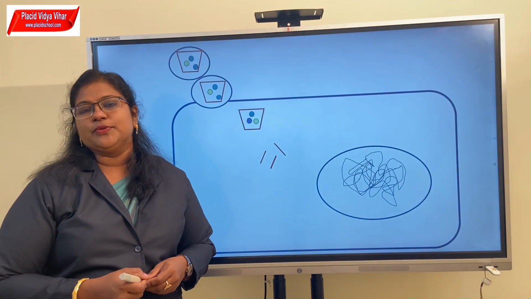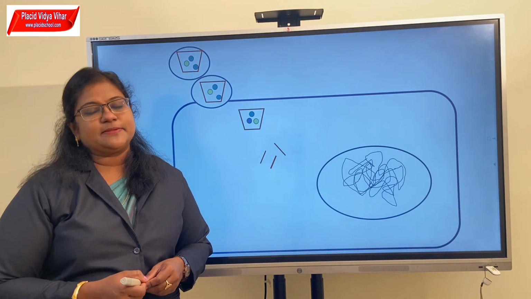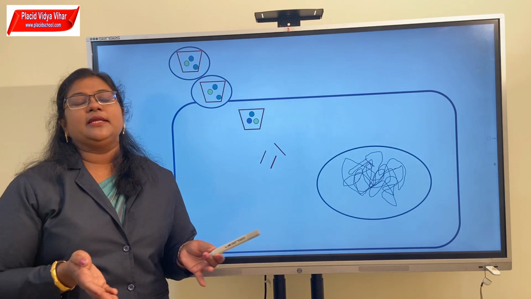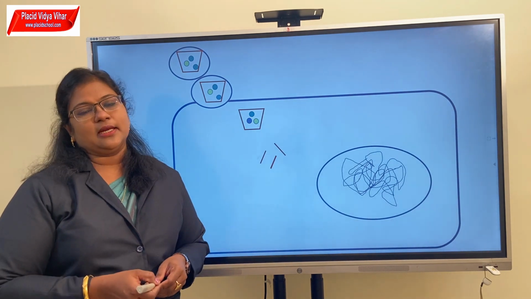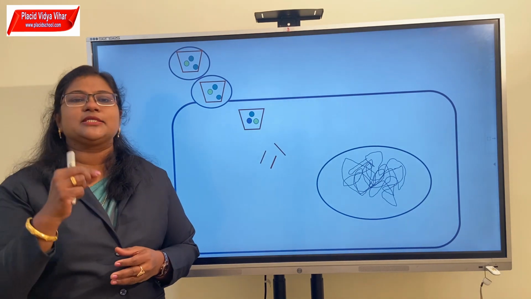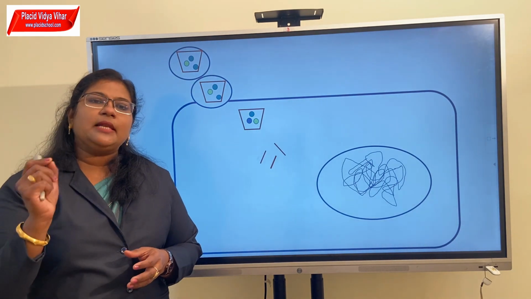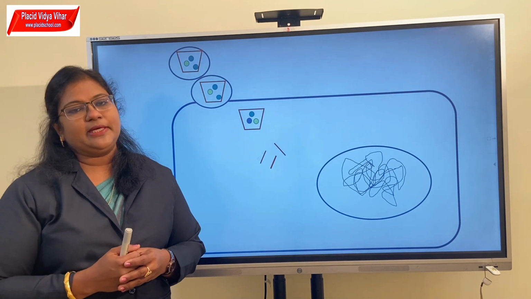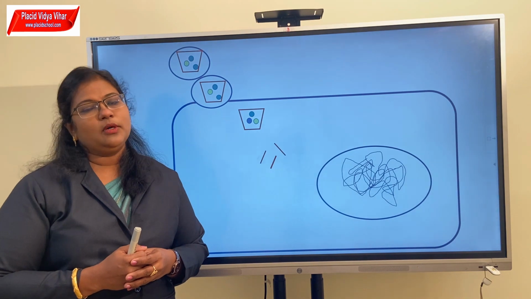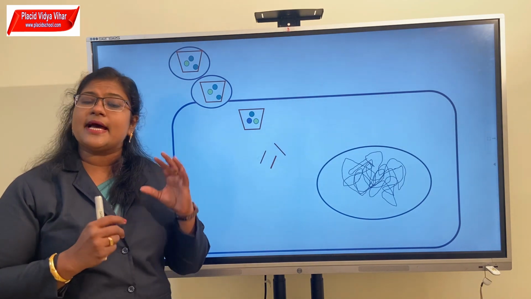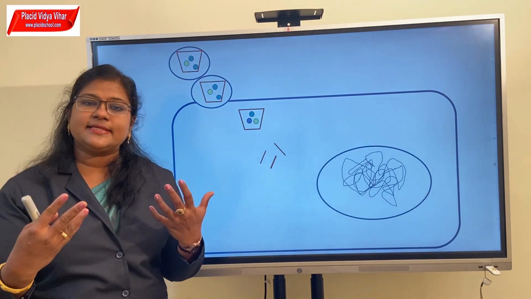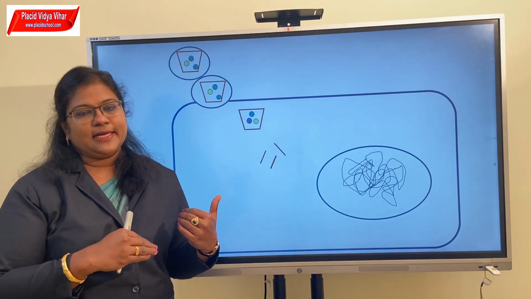For any molecule to enter the cell, it must be having certain barriers to cross. The cell membrane is the outermost barrier in an animal cell. So a molecule has to pass through the cell membrane if it has to enter the cell. Cell membrane, as you know, is selectively permeable. It does not allow the entry and exit of all molecules. As a result, there has to be some mechanism to convince the cell that the molecule is a necessary one so that it can enter the cell.